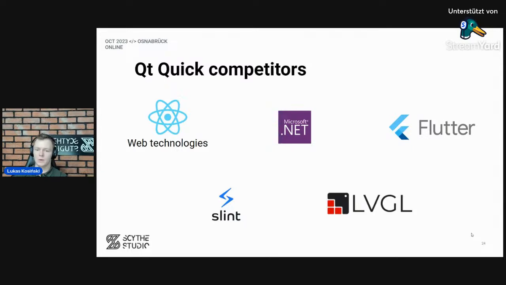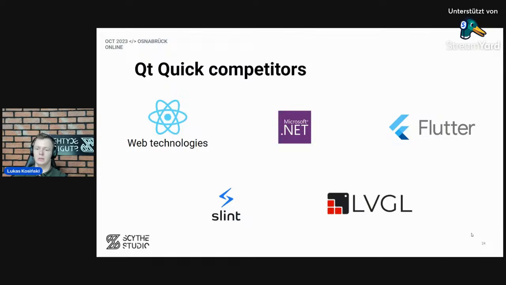Quite many HMI projects are also developed using WPF and other tools from the .NET family. It's also not surprising because many people work on Windows systems. There is also Flutter. Flutter is a cross-platform mobile framework. It started with Android and iOS, but now it's better and better on desktops, and it has also started reaching the embedded sector as well. So it is interesting to see it growing.